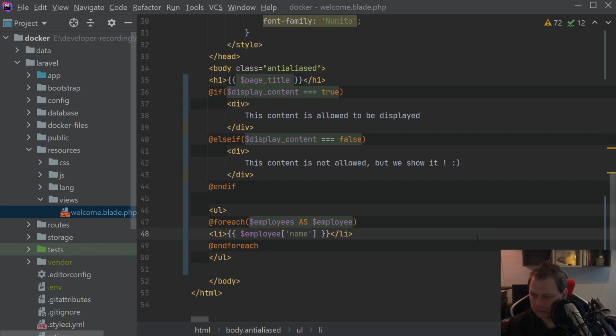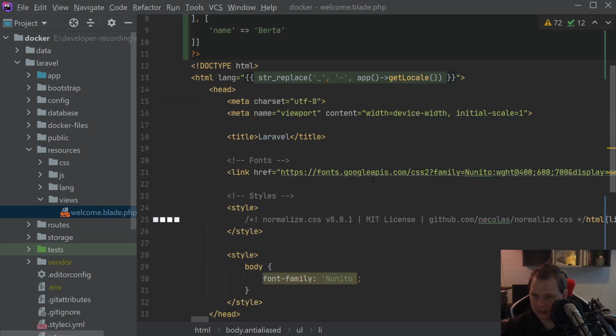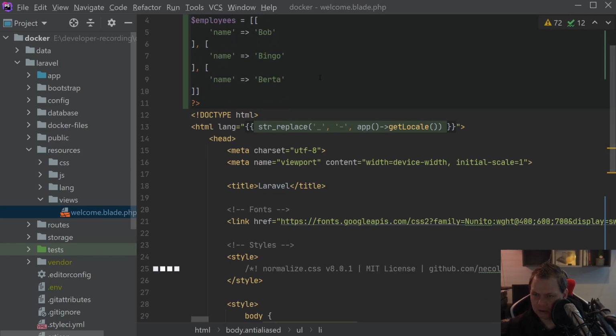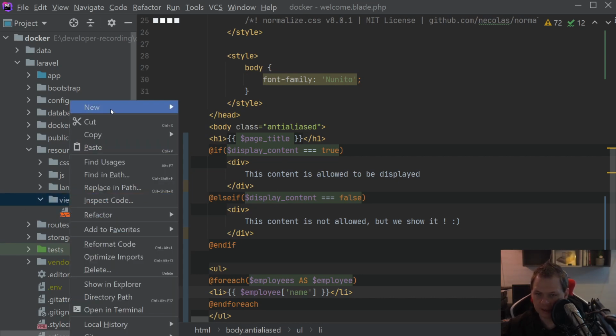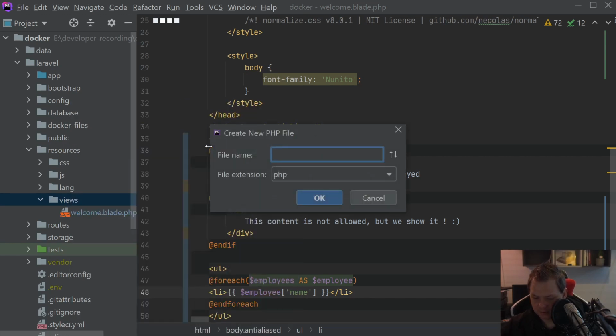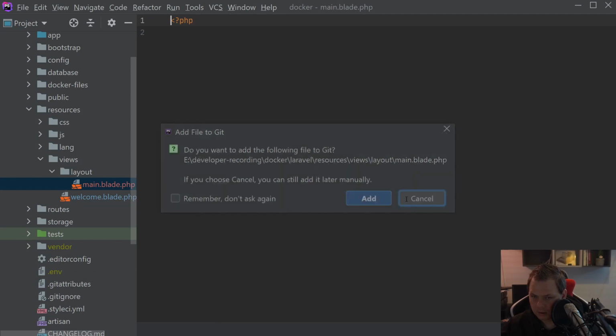I promised you to show how we can fix all of this inside a main template, so we don't need to do anything inside here every time. I will show how that works with the tag called yield, and then we need the tag extends. So let's work with that now. First, we need to create a new PHP file inside a layout folder. We can call it main.blade.php, and inside this one